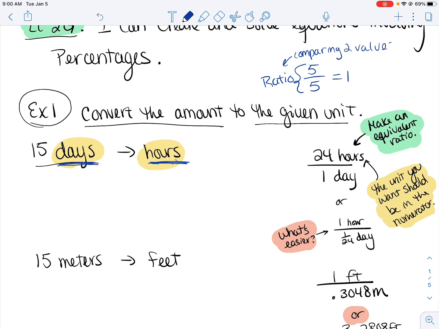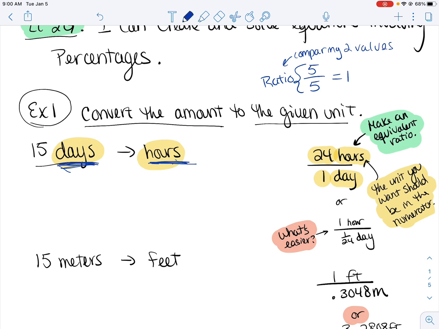And the fraction that we're going to use here is that, okay, well, hours and days are what we're working with, so we need both hours and days in our fraction. And I know there are 24 hours in one day. Now, it's important that you keep those units there. Keep labeling the units because we want to be able to cancel those out just like we would a number,